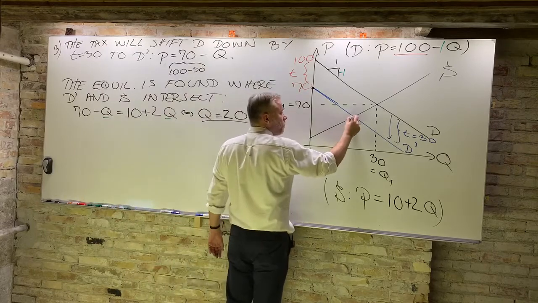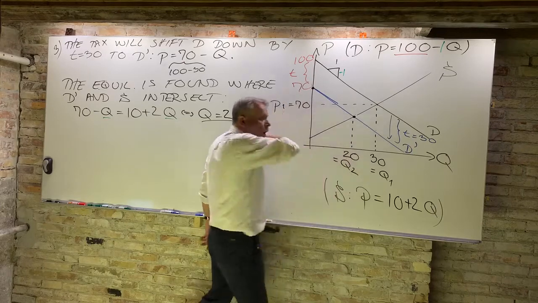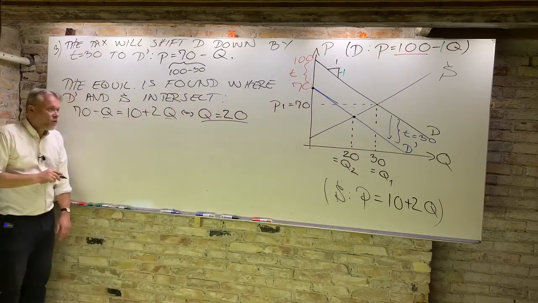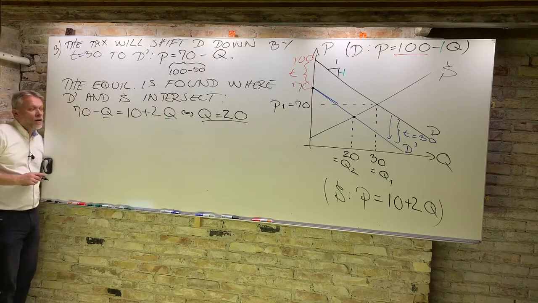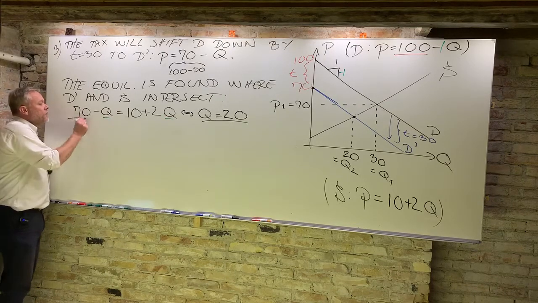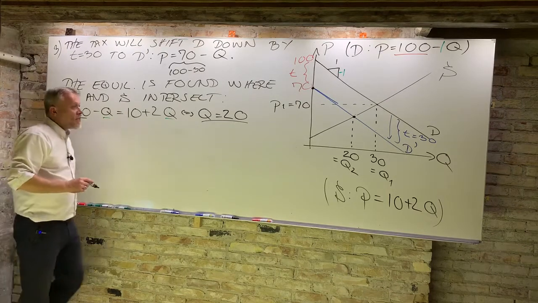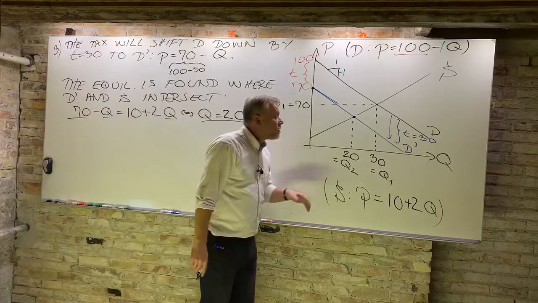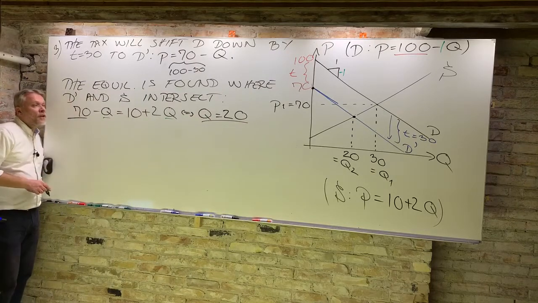So apparently the tax will cause a decrease found at the intersection of the supply curve and the new demand curve, corresponding to Q equaling 20. Then we need to find the prices. And mark my words. We don't need to find the price because there is now not one price, there are two prices. And the reason for why there are two prices is now that after the introduction of the tax,